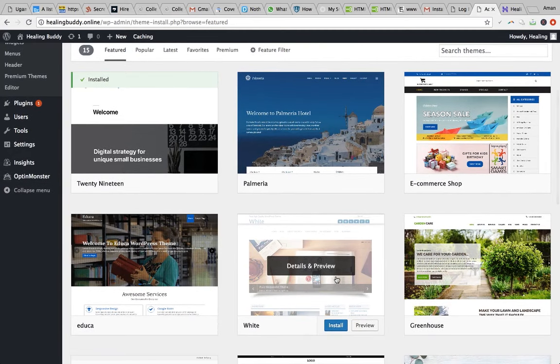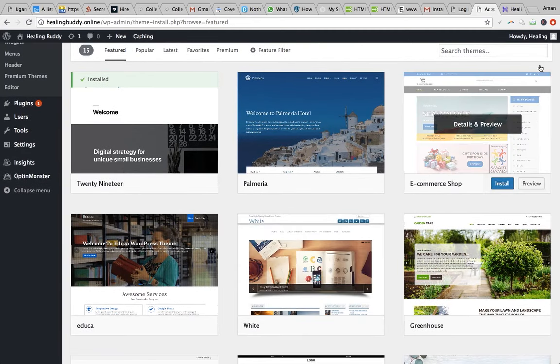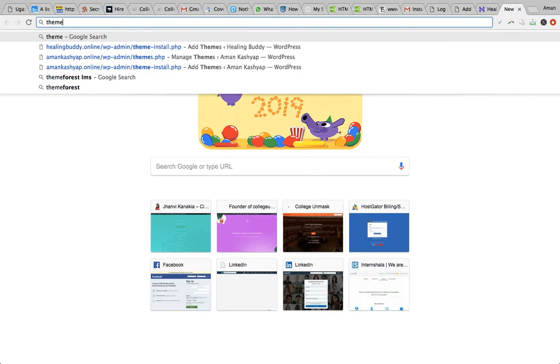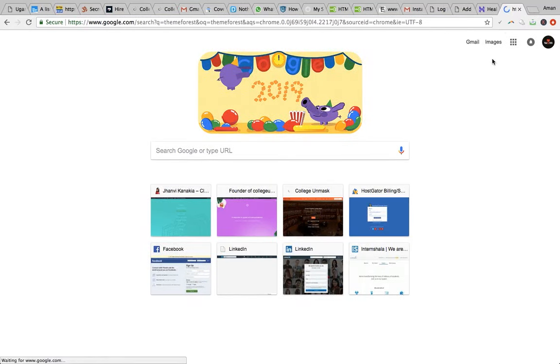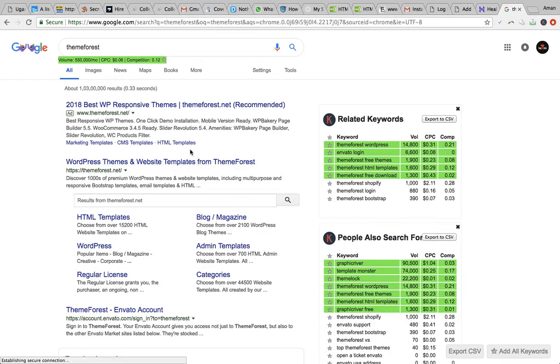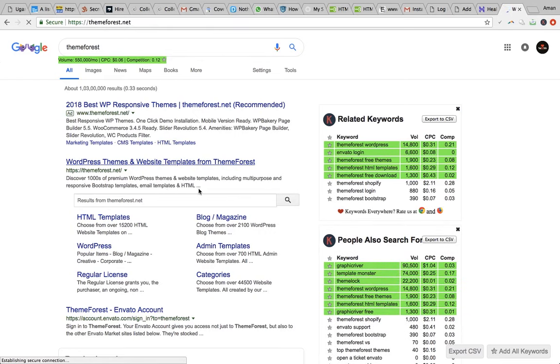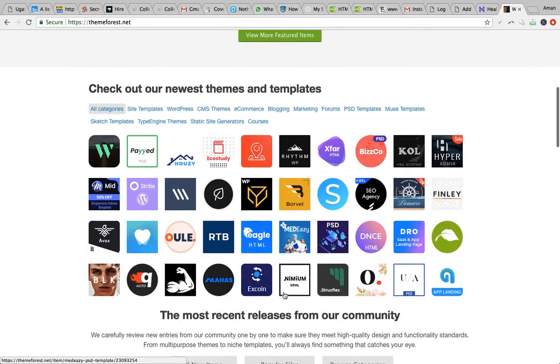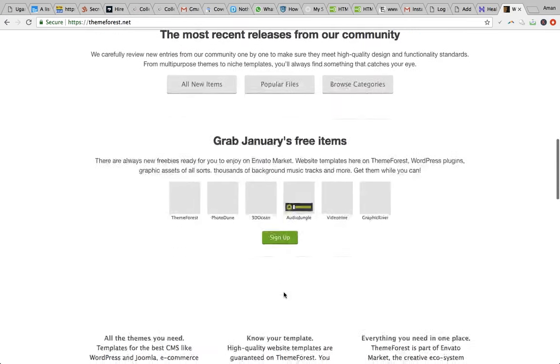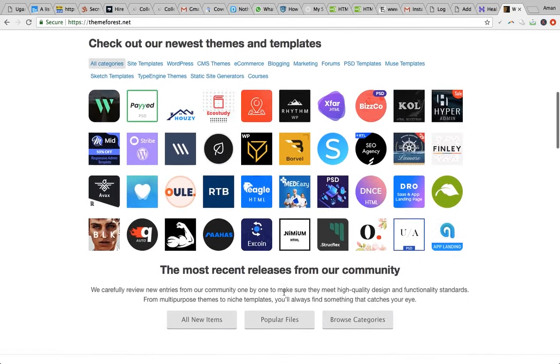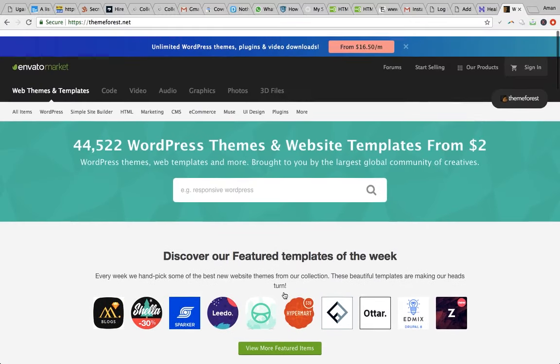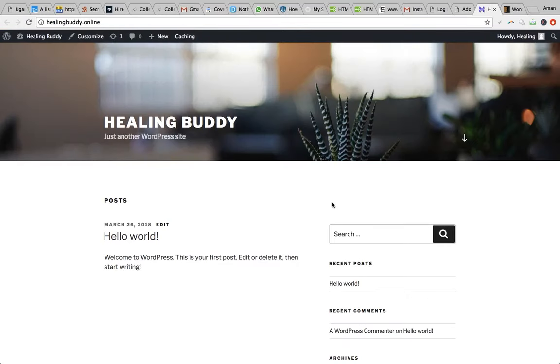If you want something more professional, then you can go to Theme Forest. Just Google search Theme Forest and you'll get thousands of premium WordPress themes, though it will come at a small cost, sometimes at a higher cost. And finding the right theme can take some time, but it would be really worth it in the end. So coming back,